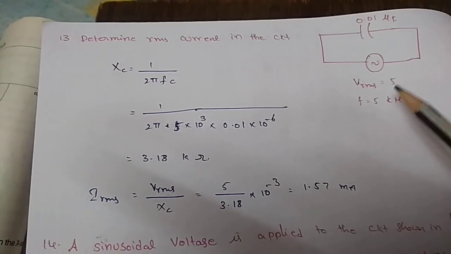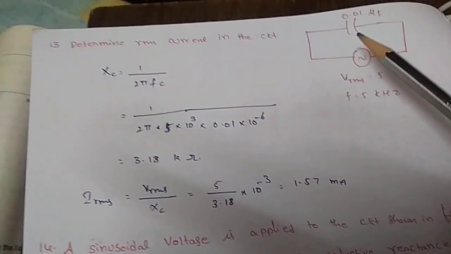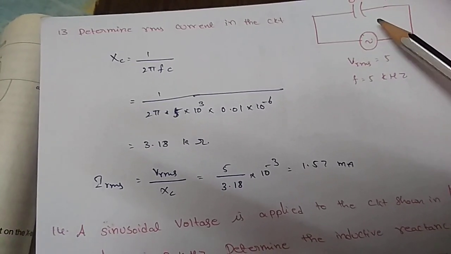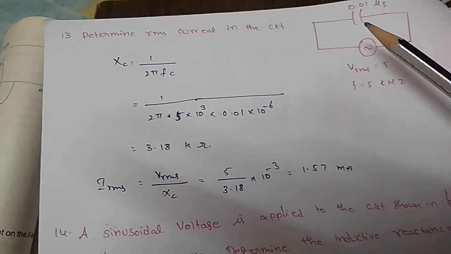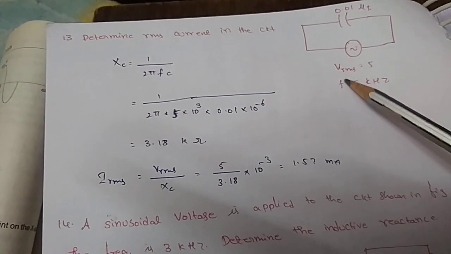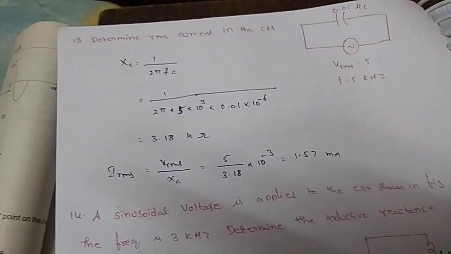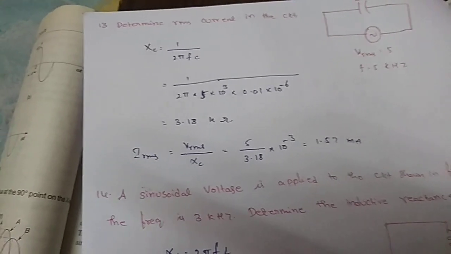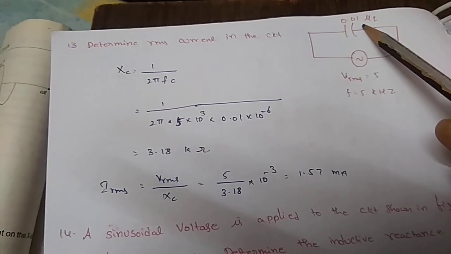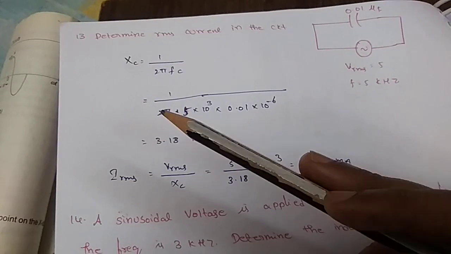Here one more point. They mention an AC circuit with a capacitor. Instead of a capacitor, they may place an inductor or whatever. If they place this, what is the value of your RMS current? Whatever RMS voltage we are sending, the corresponding current flows in your circuit. To calculate the RMS current, we must use the RMS voltage. They simply mention the capacitor value, so we require the capacitive reactance.